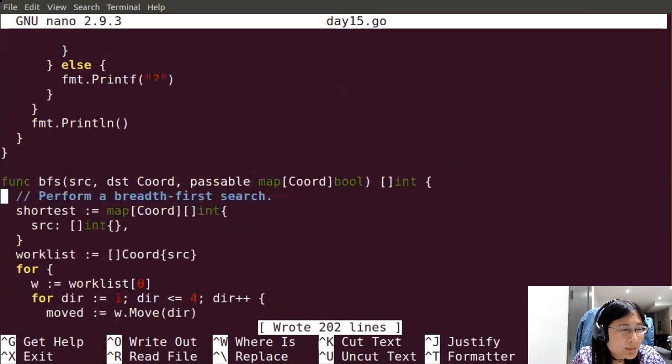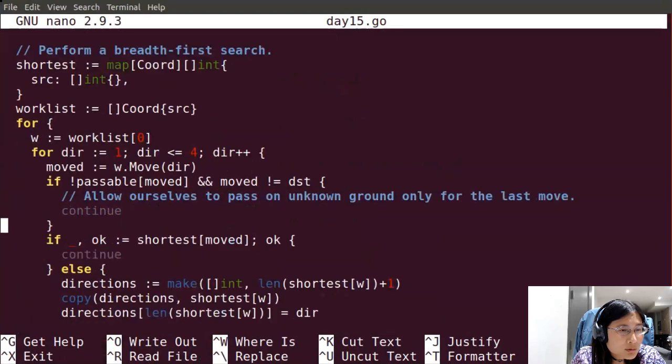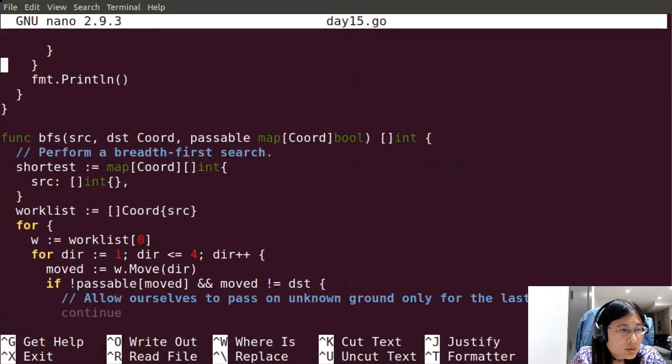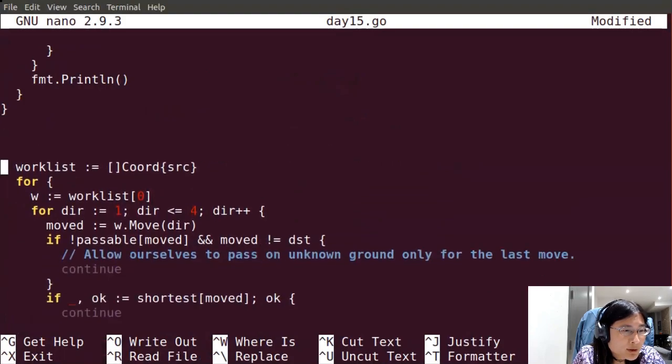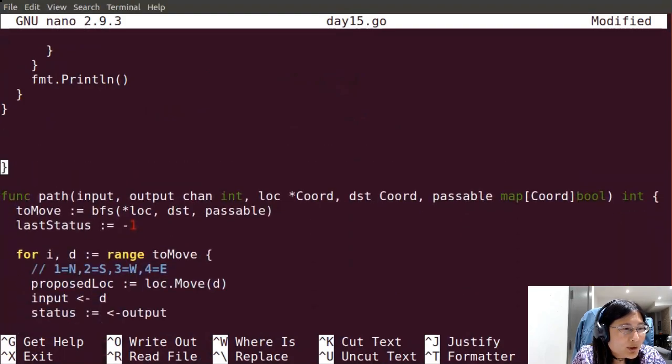In order to modify the BFS, I'm going to conduct a fill instead. How do I do that? You know what? I'm just going to do it this way. I hate doing it this way, but we're going to do it this way.